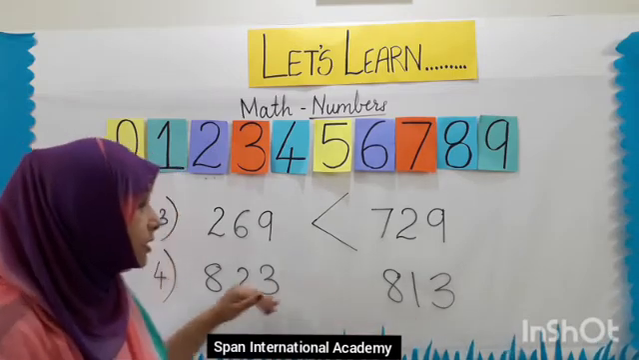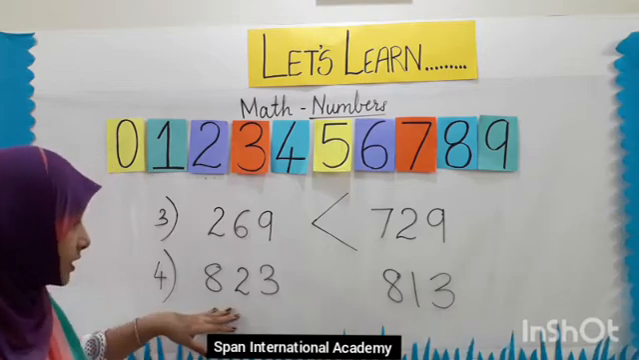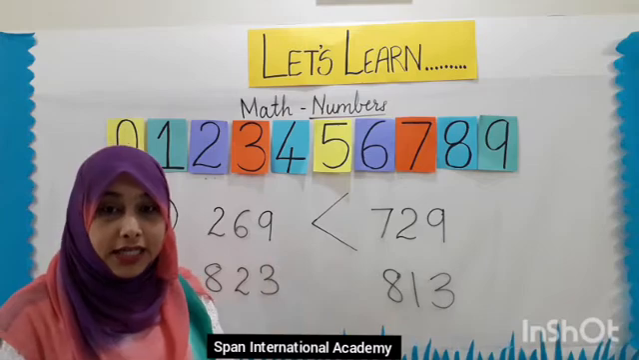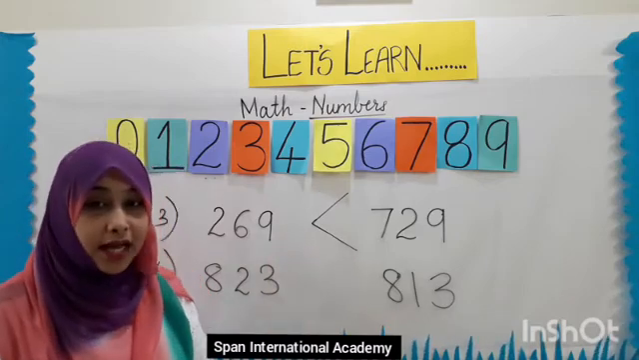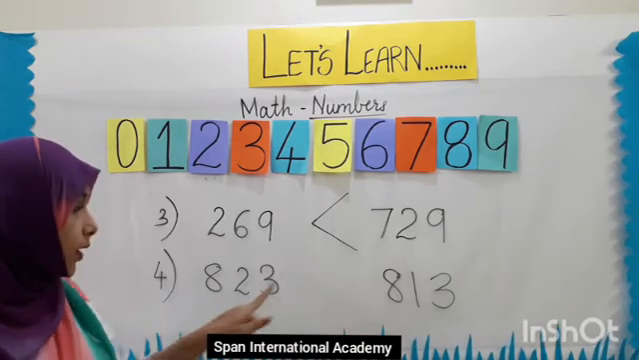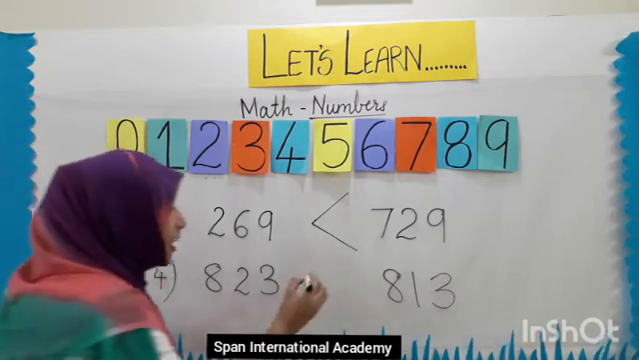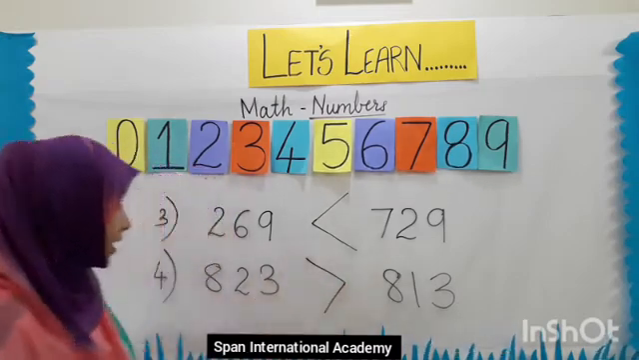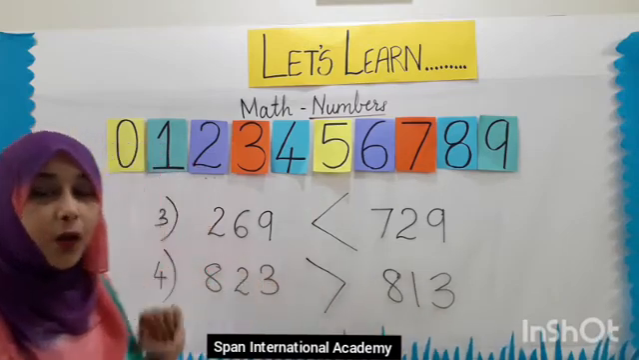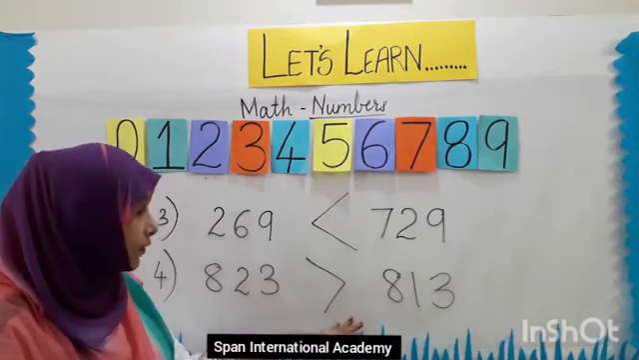Both the numbers are in the 800s. This is 823 and this is 813. Which number is big? This? No. This? Yes. Very good. 823 is greater than 813. How will we read it, students? 823 is greater than